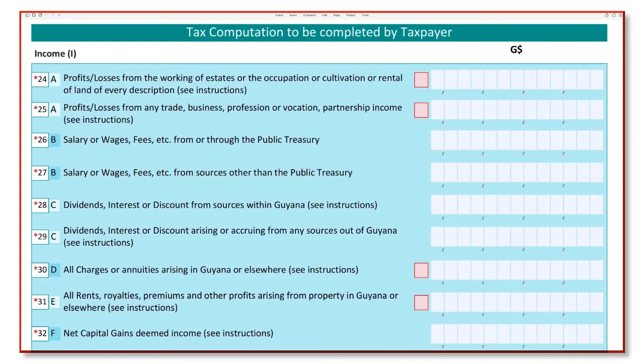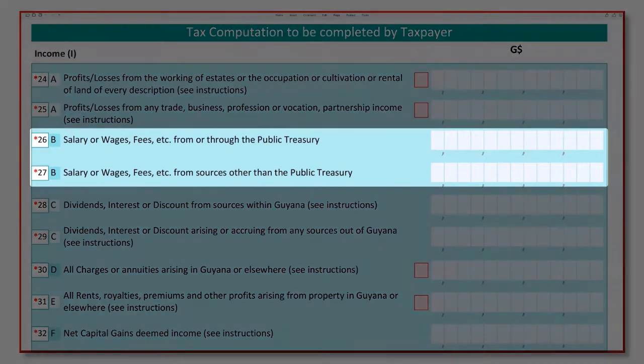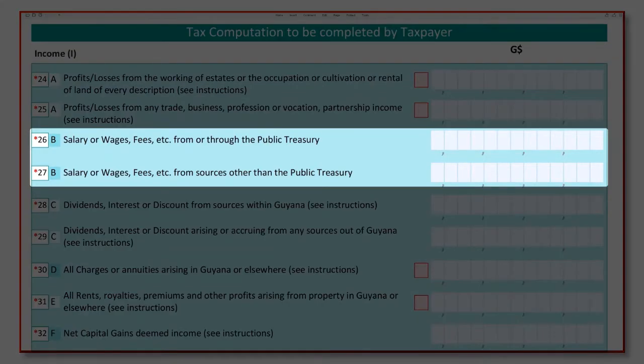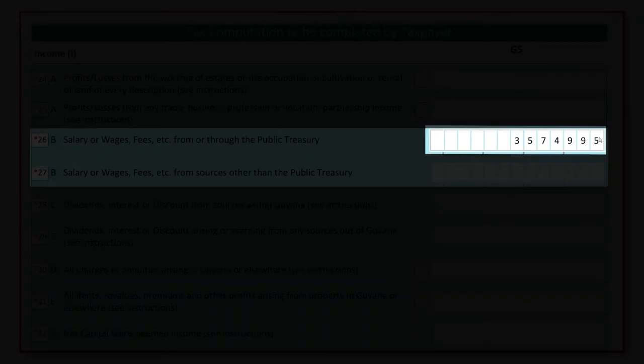This part of the video is specifically for employees whose only source of income is from their public or private sector job. If you are a government employee and any other employee paid from the public treasury, you must enter your income in line 26. If you are not a government employee and work within the private sector, your income must be stated in line 27. John's income is